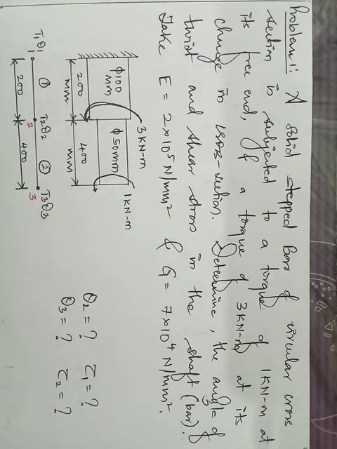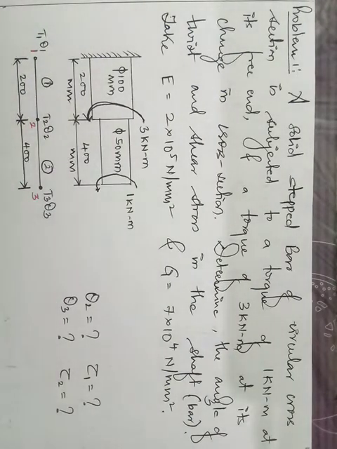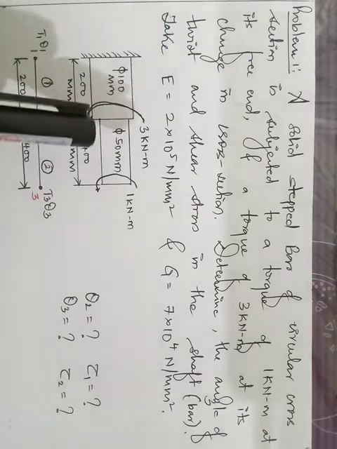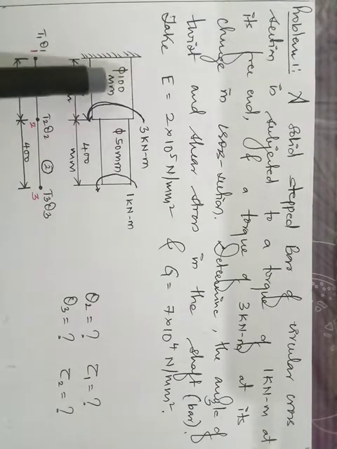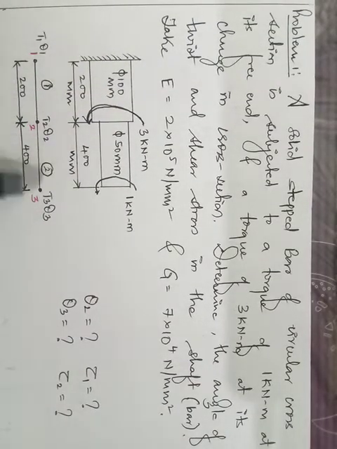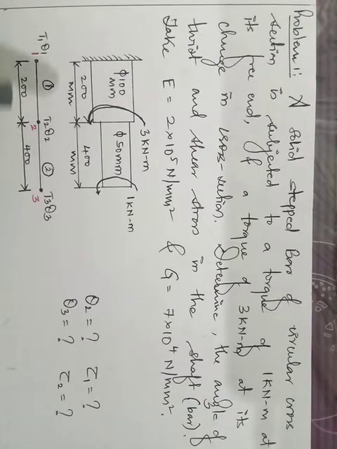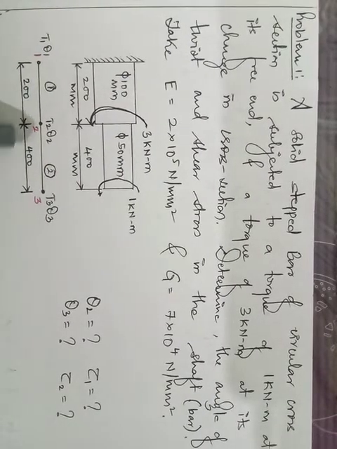Along with that, he has given us this diagram. Now, first thing is, whenever this diagram is given, we need to draw the finite element formulation, or you can also call it the element diagram. There are two sections, so I have drawn two elements. I have placed three nodes, 1, 2 and 3 in red ink. Number 1 and number 2 are nothing but the elements.